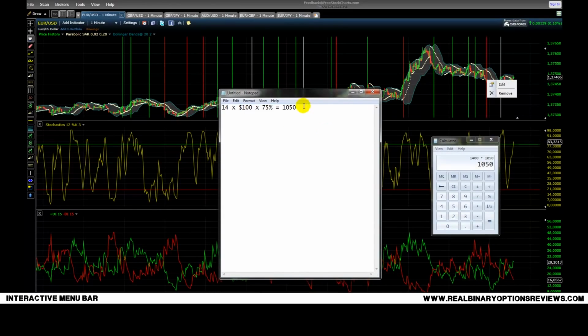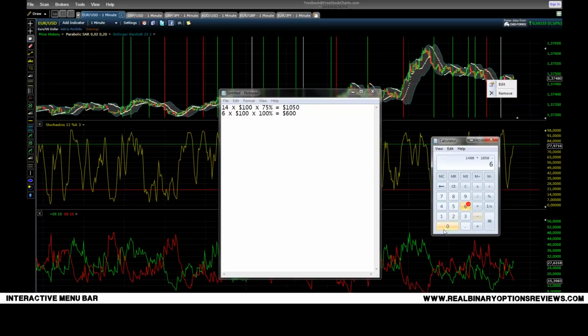It is 6 losing trades. It means 6 times 100%, of course, because when you lose, you lose all the investment that you made in the trade. So it is $600 loss,